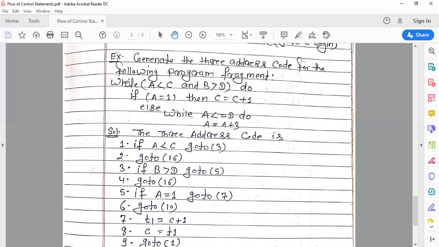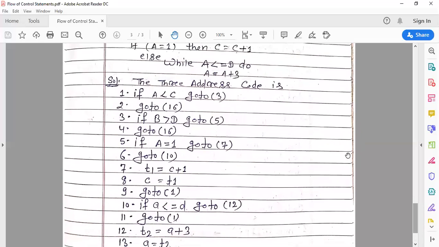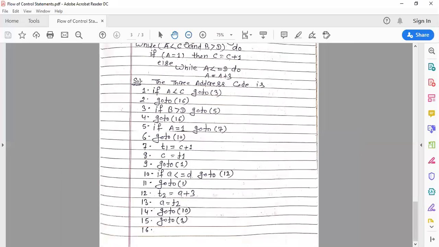This is the main while do statement, and this condition will be checked again and again. And if this condition is false, then the next label for the next code is 16. So this is the 3 address code.